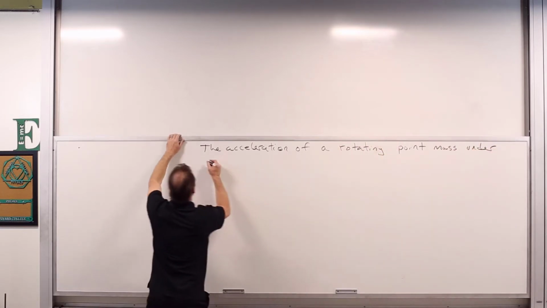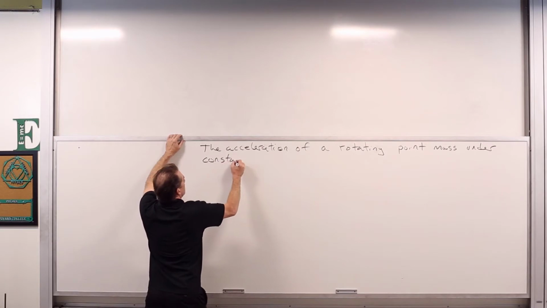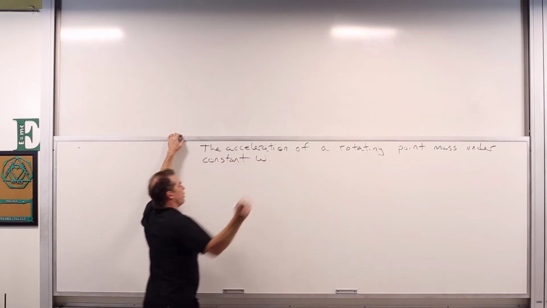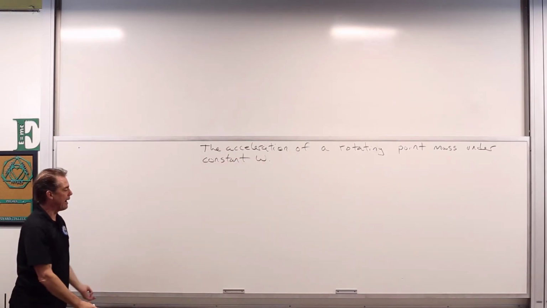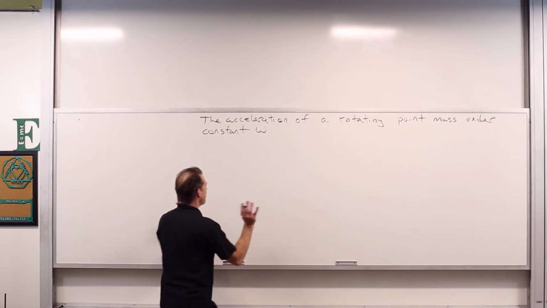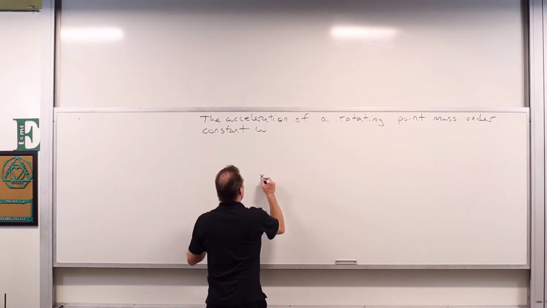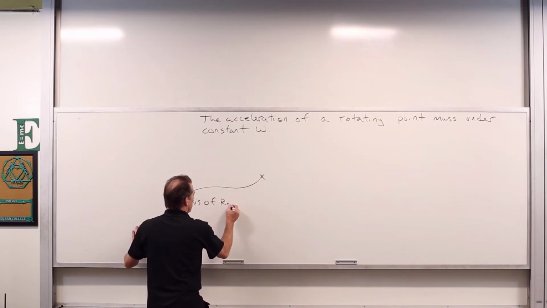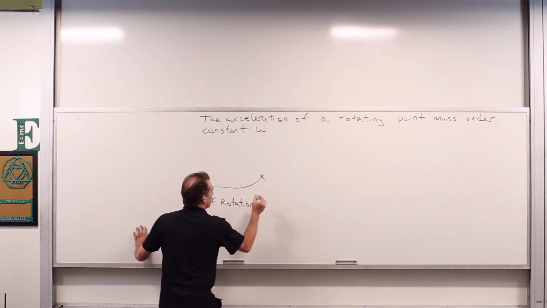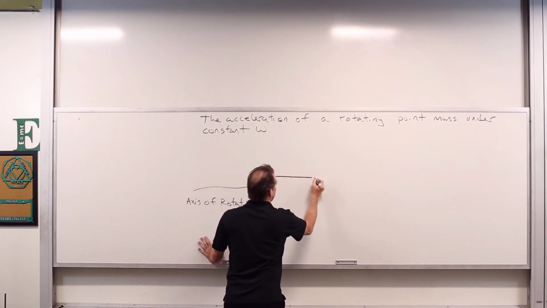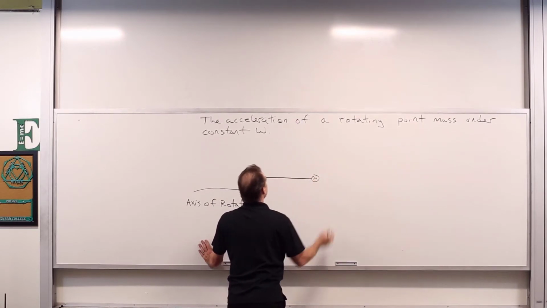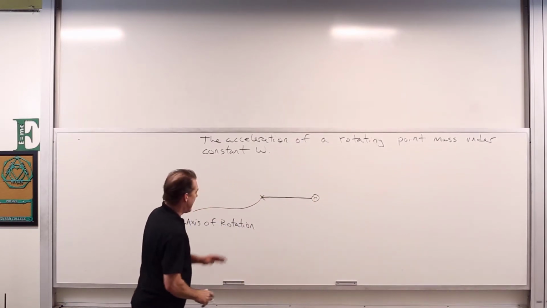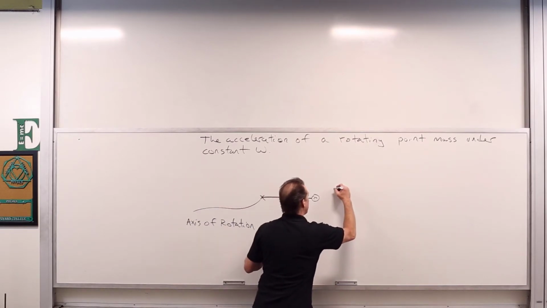Under constant angular velocity. All right, so let us take a look at this. We're just going to take ourselves an axis of rotation. Great. We'll take a nice little radius here. We'll take our point mass like as such. And we note that this object will be rotating